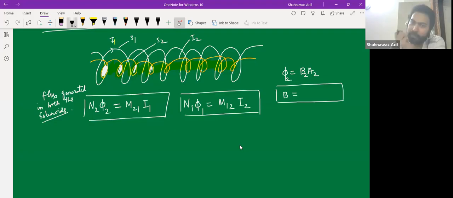Aisha and Maria. Mu naught n I. Absolutely right. And remember, this is a small n, the number density. Good. So what I will do is, remember this is the